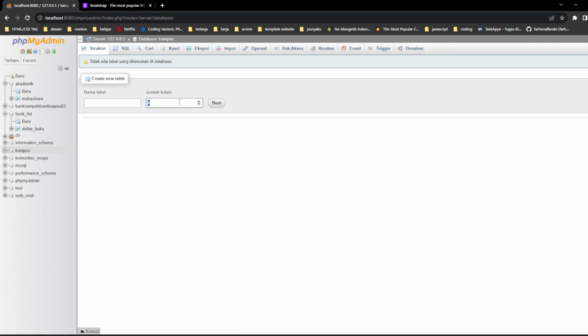Just for ID, name, address, and the major. Okay, just like this, and create. The table name is mahasiswa. Okay, mahasiswa, and create.